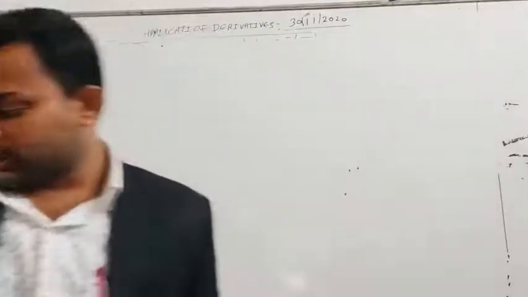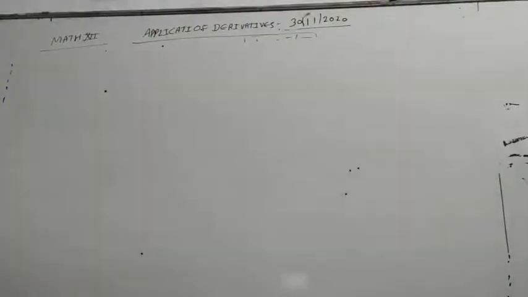Our next question is, the sum of the perimeter of a circle and a square is k, where k is some constant. Then prove that the sum of the areas is least when the side of the square is double the radius of the circle. Okay, so let